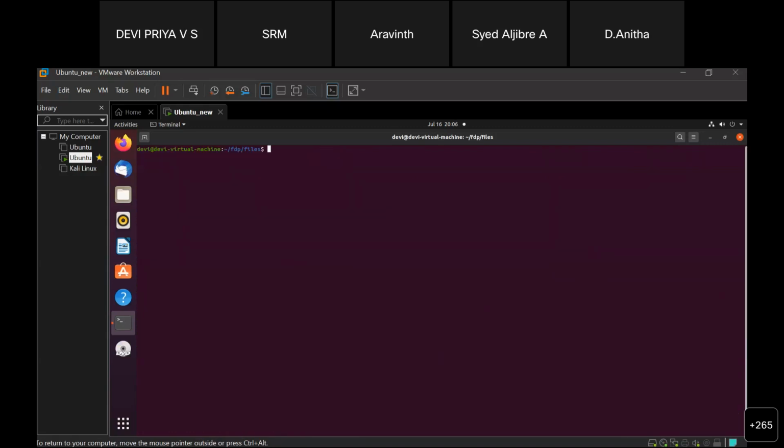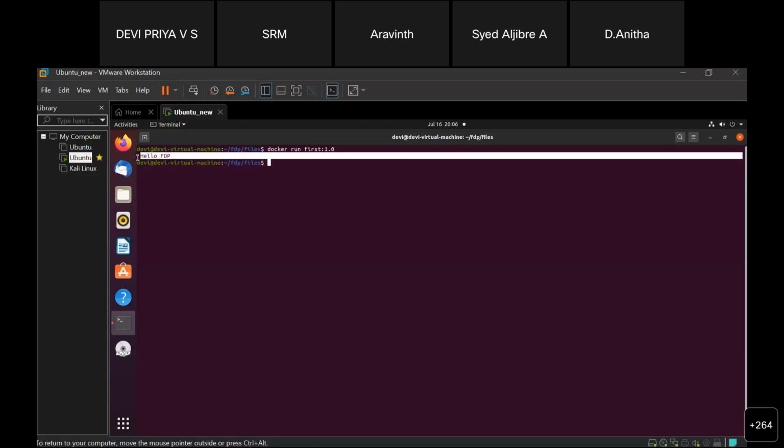Now I will run the image by using the docker run command. I write docker run followed by the image that I want to run, first:1.0, and then enter. Here we can see we get the output hello FTP, because we wrote that inside the Docker file.